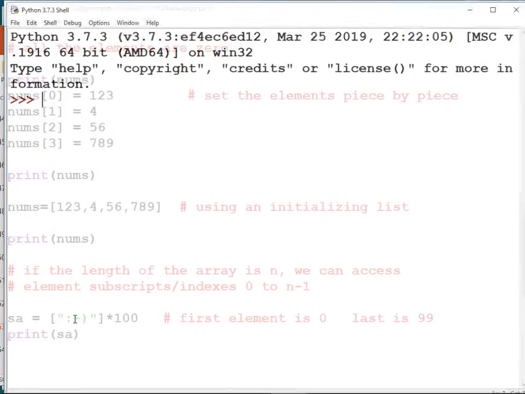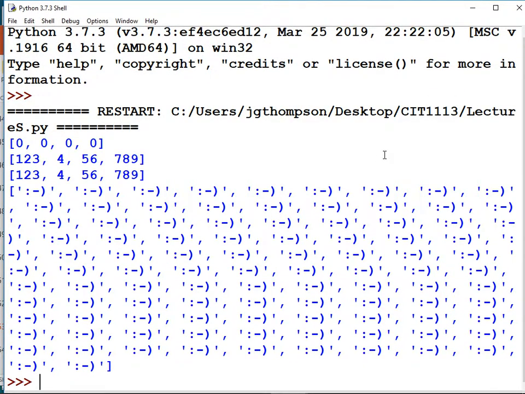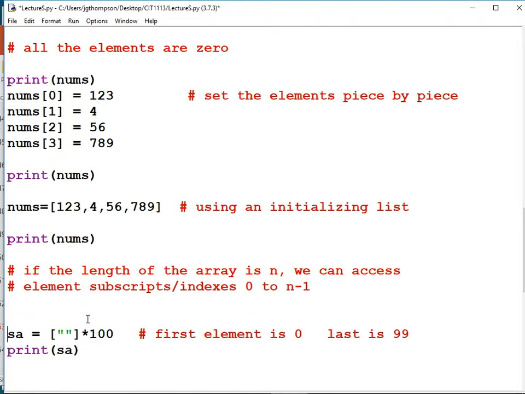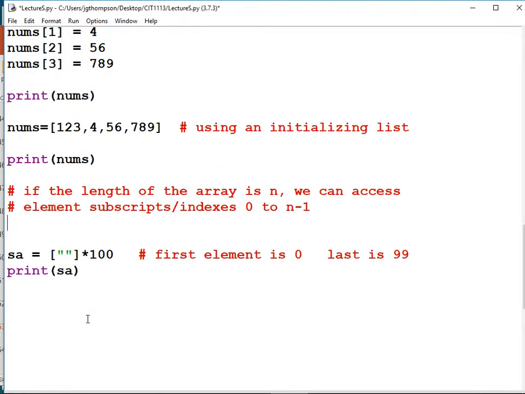We could put those in there. Then when we printed them out, we'd see 100 smileys. I'm gonna delete that, but we could. But I am going to put a comment to the effect of what we just did. Declare an array of 100 empty strings.